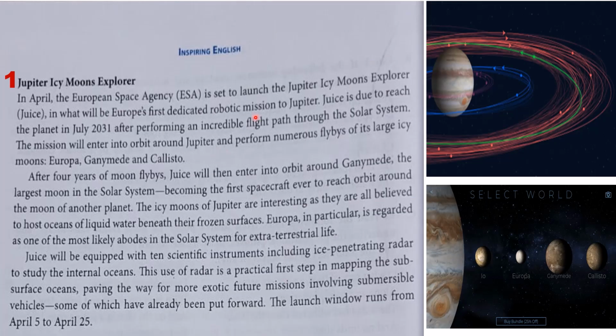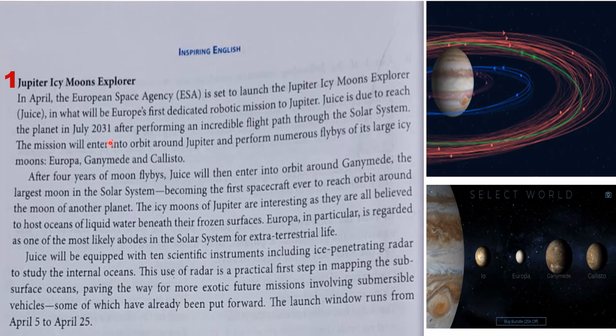Now the first passage is about the Jupiter Icy Moons Explorer. In April, that is last year, the European Space Agency is set to launch the Jupiter Icy Moons Explorer, which is called JUICE, in what will be Europe's first dedicated robotic mission to Jupiter. Jupiter, you know, is the biggest planet, students. You all know that. So JUICE is due to reach the planet in July